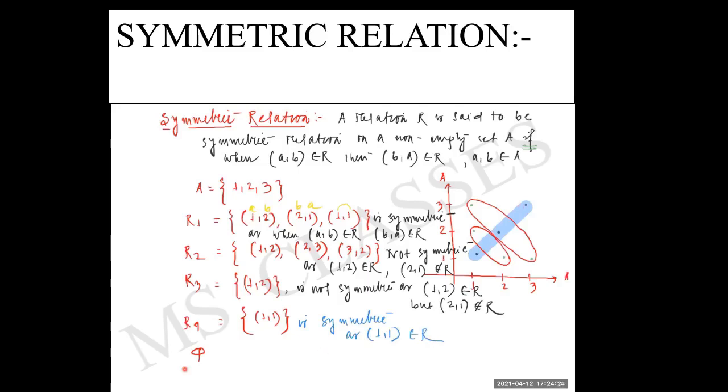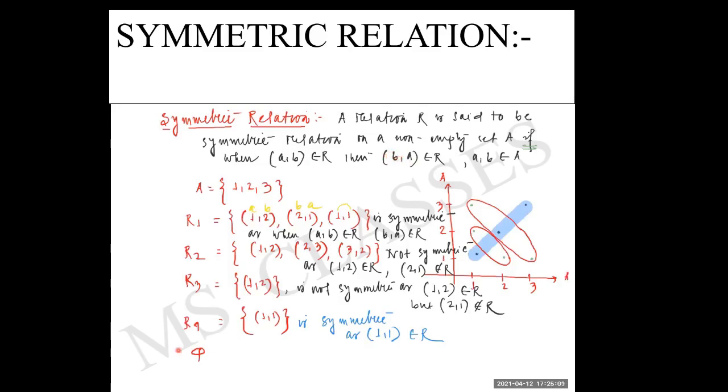Next, we come to phi. Now, this is a very important topic, children. Please listen carefully. Phi is a null relation. Now, is this a symmetric relation? That you have to understand. See, children, in symmetric, what have we told? If (a, b) is present, and (b, a) is present, then it is symmetric. But if (b, a) is not present, then it is not symmetric. If (a, b) is present but (b, a) is not present, then not symmetric. If (b, a) is present, then it is symmetric.